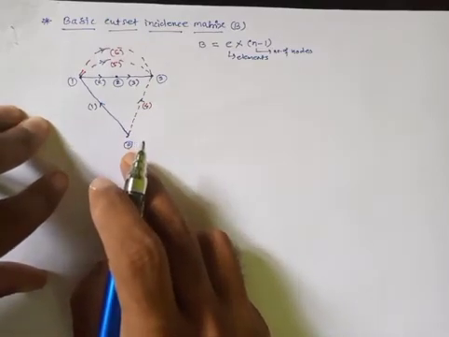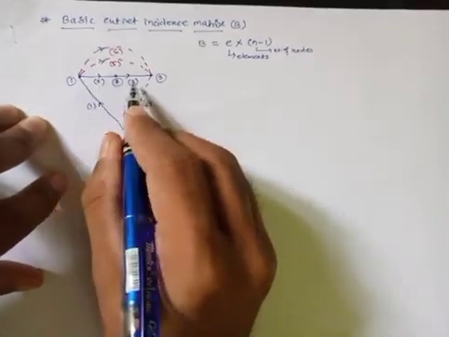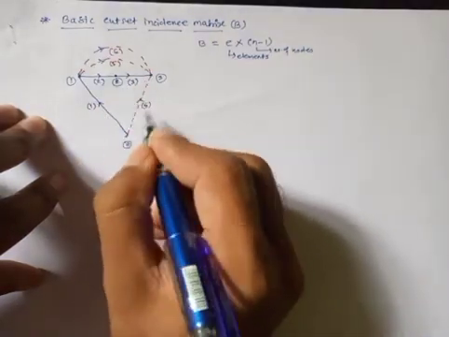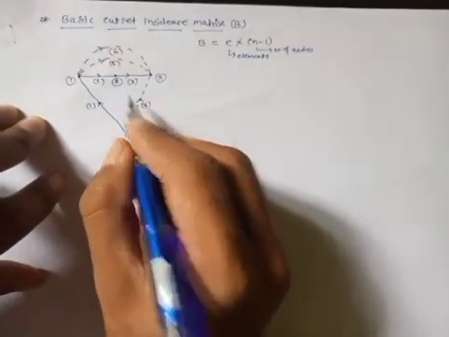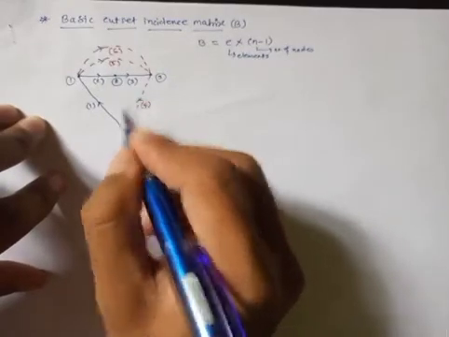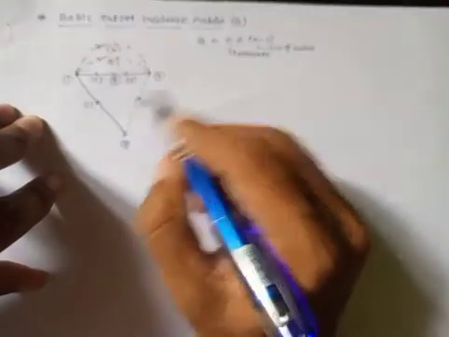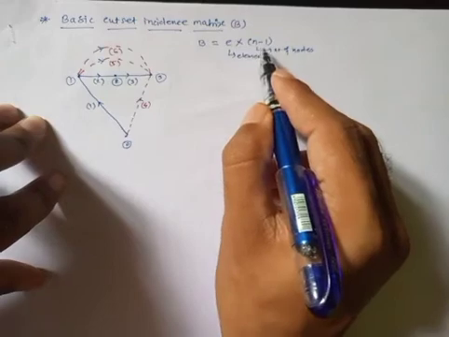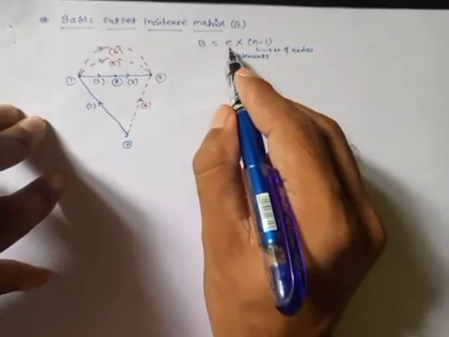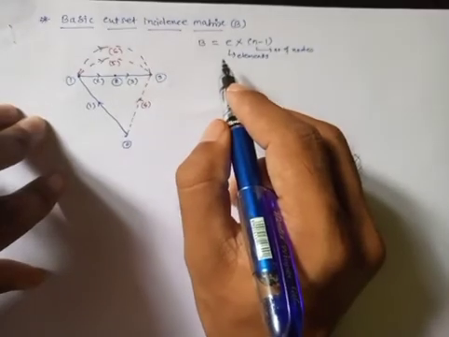So this is the oriented network graph, and in this graph we are considering 1, 2, 3 as a tree. Obviously the remaining branches will act as links, which means 1, 2, 3 are the branches of the tree and 4, 5, 6 are the links. The total number of elements is 6. Now obviously this matrix will be 6 by 3, as the dimension is E cross n minus 1. There are 4 nodes, so n minus 1 means 4 minus 1, 3. And elements are 6, so you will get a 6 by 3 matrix, 6 rows and 3 columns.